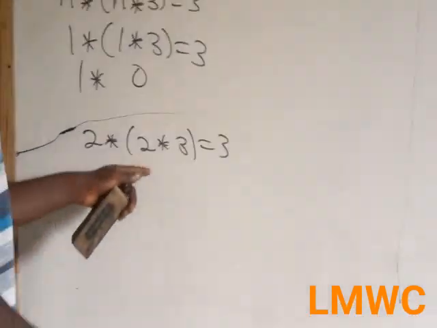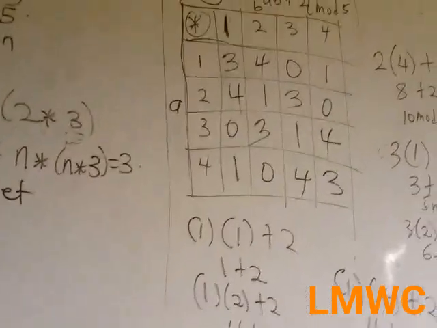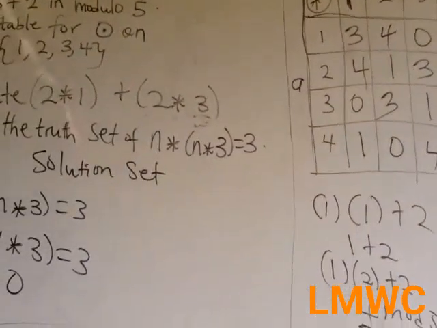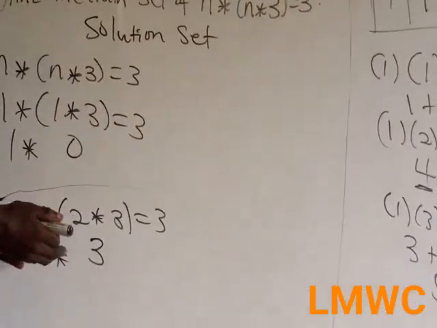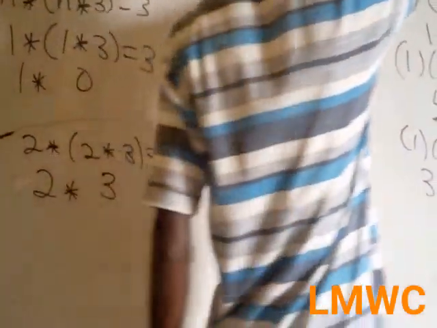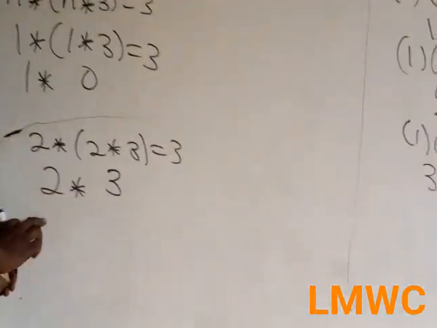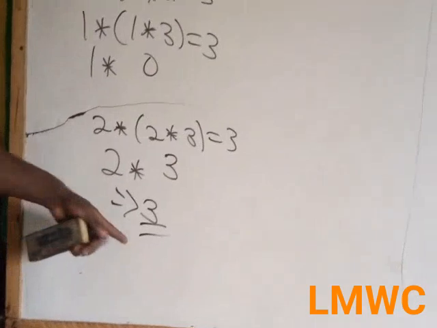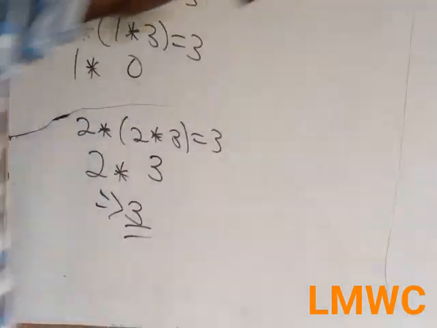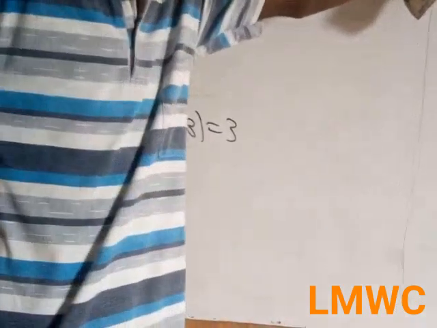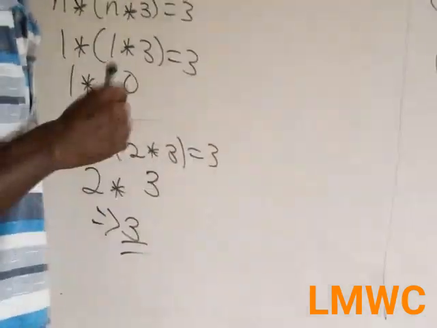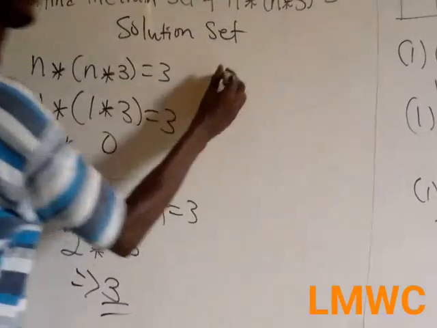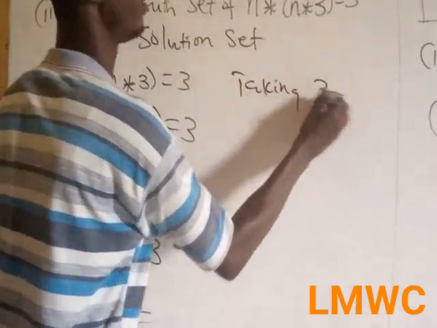Let's work out for 2 whether we will get this 3. So 2 star 3, we have what? 3. You work out your bracket first, and 2 star 3, we are getting 3. But once you have gotten this as 3, don't end here, because you can work this out and this out, and you also want to get the same number. Truth set says you can get more than one answer. So taking 3, it